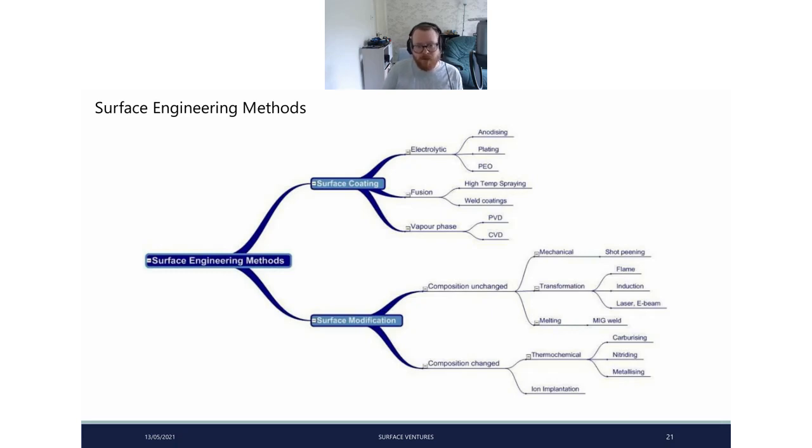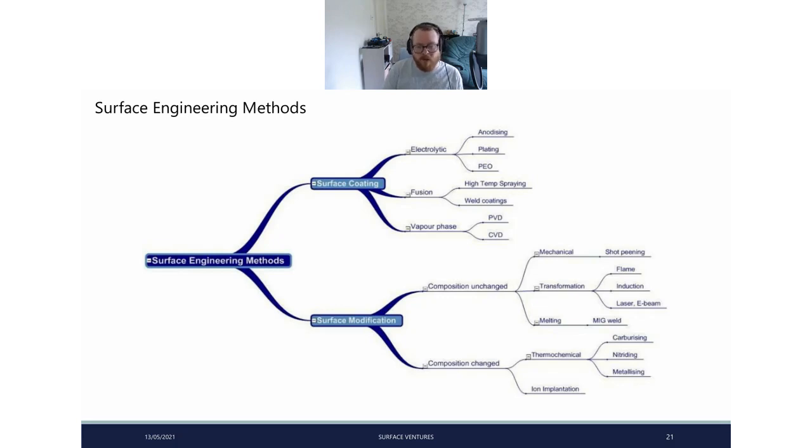You have to have a much more temperature-resistant material, unless you're using plasma enhancement or plasma assistance. Again, we can talk about this for hours and hours. So quickly move on to some of the other types of surface modifications down at the bottom of this diagram. So for leaving the composition unchanged, so typically this is where we are